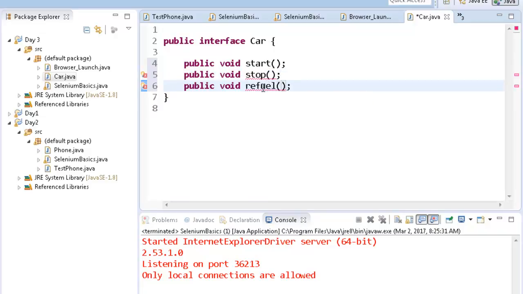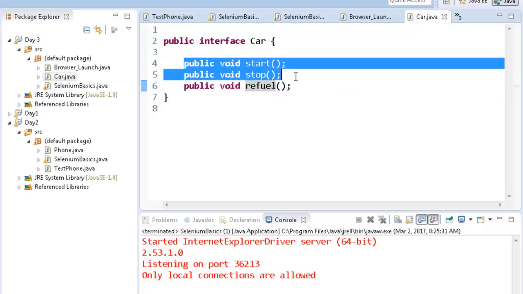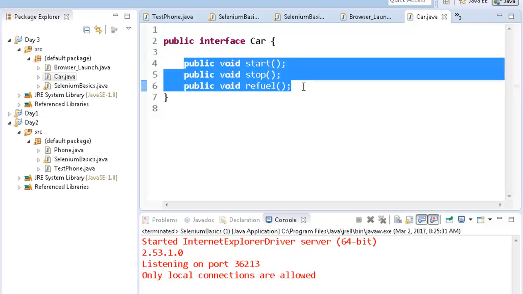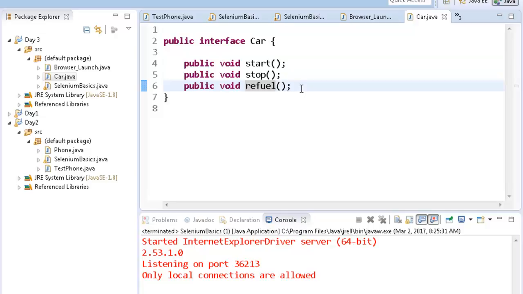So this interface has got functions, but it doesn't tell you what the functions will do. They're just blank functions, not concrete ones. They don't have any method or function body. I hope you understood the point.